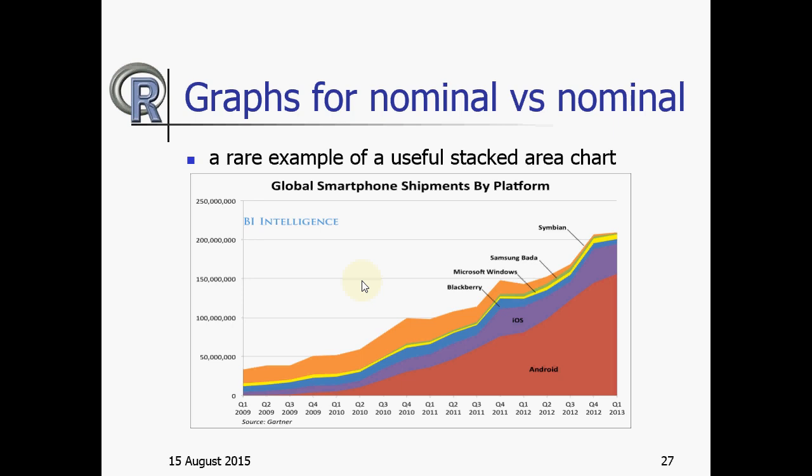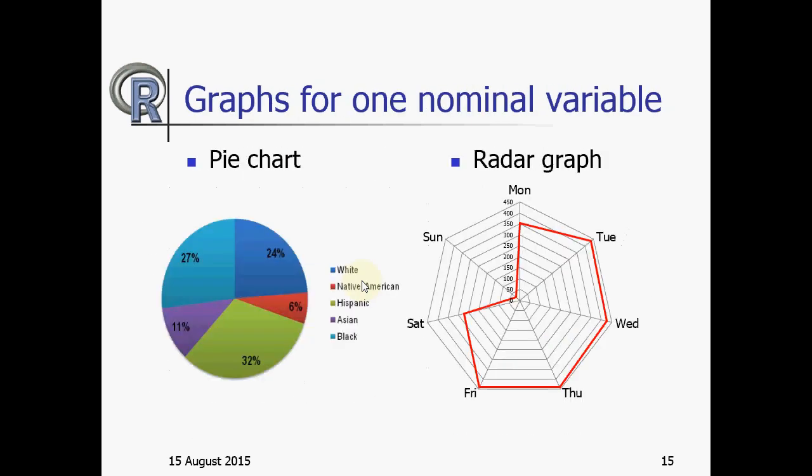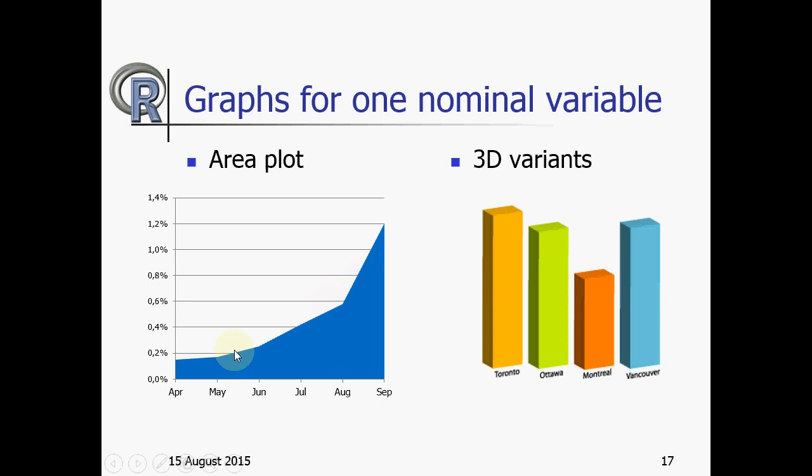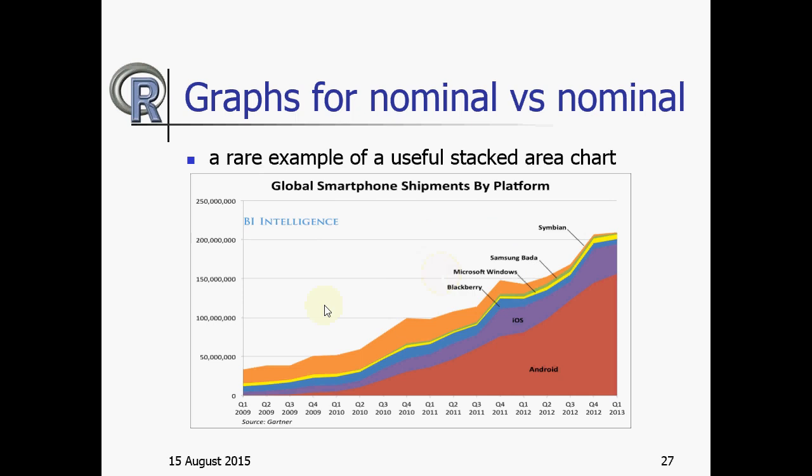So this is an area chart like this one, which here was totally meaningless. Here instead, it makes sense because here you have time, so it makes sense to have continuous lines instead of bars. And thanks to the area, you can see how much, for example, Android